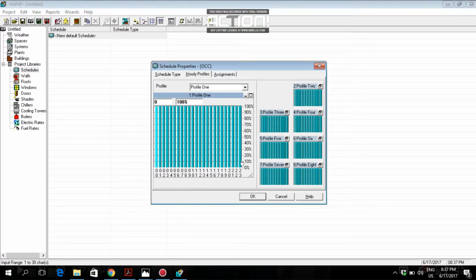And the y-axis is the percentage of usage of that component. For example, this is actually occupancy, which means you need to ensure what percentage of occupancy is present in the classroom. As we take an example for the classroom,